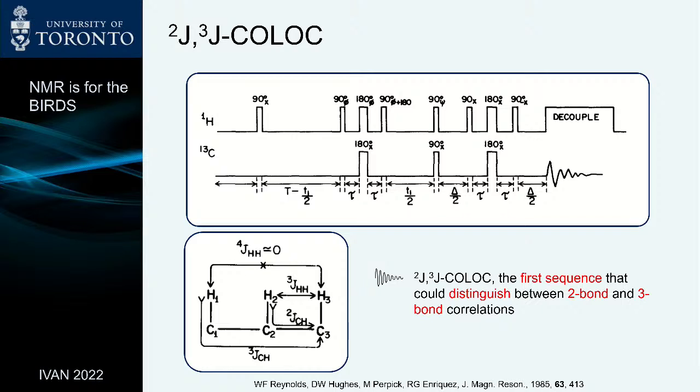The first one I decided to work on was, I thought I could improve COLOC. Sorry, I should have had this slide showing COLOC. This is my version of COLOC, which I then called XCORFE, but for the purpose of this talk, I renamed this and some other sequences in sort of modern terms. This follows a different sequence by Gary Martin using HMBC. It's an appropriate name because it's COLOC designed to distinguish between 2 and 3 bond correlations, which COLOC itself couldn't